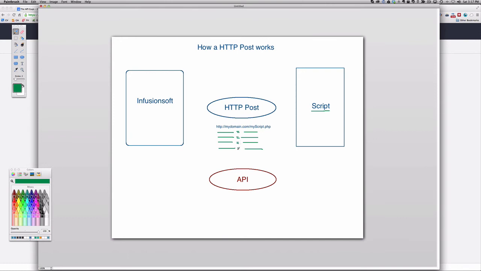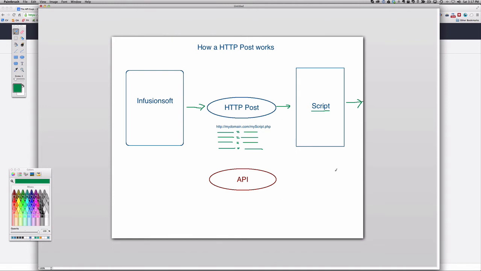And it's got a bunch of useful information in it. So I'm going to parse these name value pairs and then use it to do something, right? So this is going this way. So there's your post, okay, with the name value pairs appended. The script gets it and it parses it, and maybe it goes off and does something in its system,